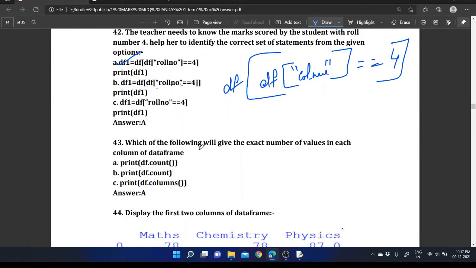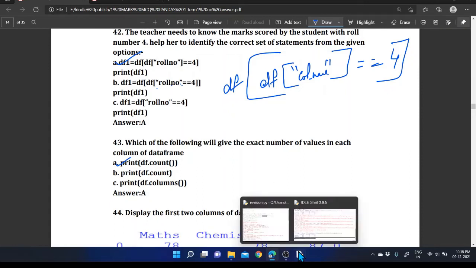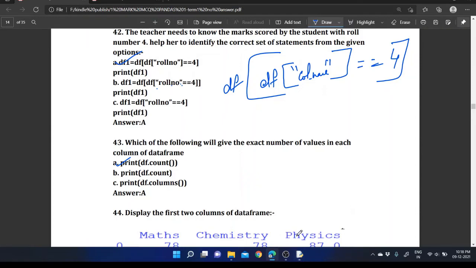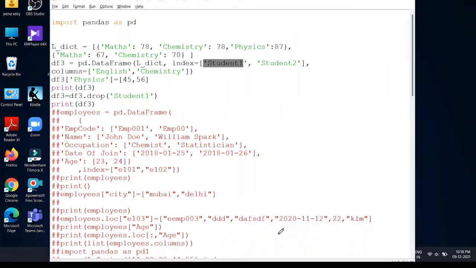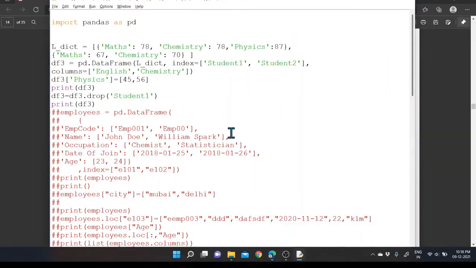Which of the following will give the exact number of values in each column of a data frame? So which statement will we provide for that? The count function, pd dot df dot count function. For using the count function, I will show you how that will be printed.